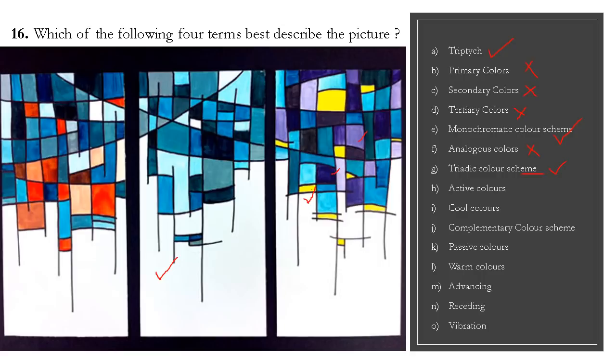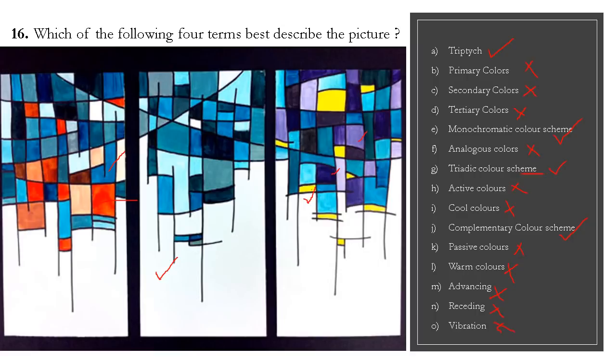Active colors, can you see warm colors? There is no such warm color and cool color definition. This particular figure has one warm color and one cool color, so we cannot say, right? It's because there is no highlight of warm color and cool color. It is intermixed with other colors. One warm color and one cool color comes, and definitely there will be a chance to get complementary colors. So all these options are ruled out. There is no such vibration effect.